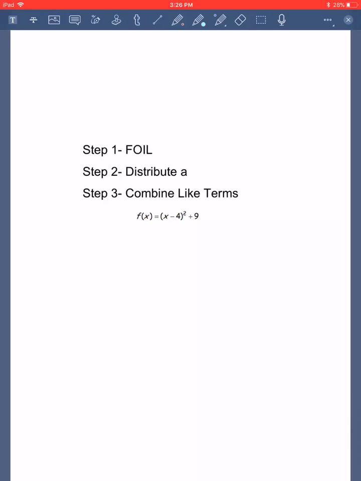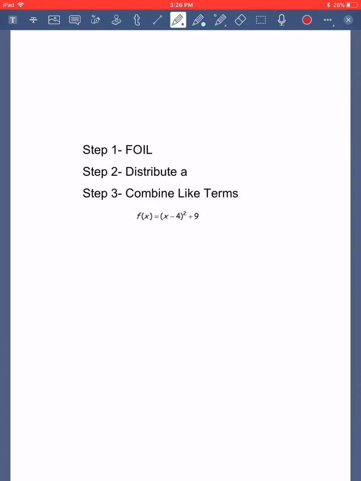Okay, these notes are covering converting a quadratic from vertex form to standard form. And when you're converting a quadratic from vertex form to standard form, you're going to follow these 3 steps every single time. So our first step is to FOIL. Now, if I have a quadratic such as f of x equals (x minus 4) squared plus 9, what you're